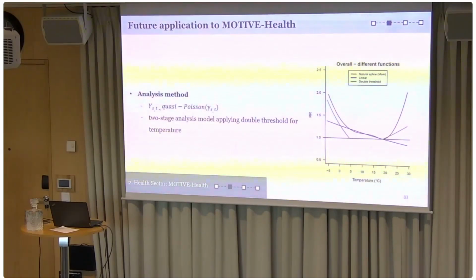And then the other problem is that, as you can see, this kind of non-parametric shape is hard to handle for the local people, actually. So we are thinking about applying some simpler method, like we call it a piecewise linear model for the impact of high temperature and low temperature and zero in between. So those kinds of simpler models for the temperature mortality relationship is another thing we are considering now.